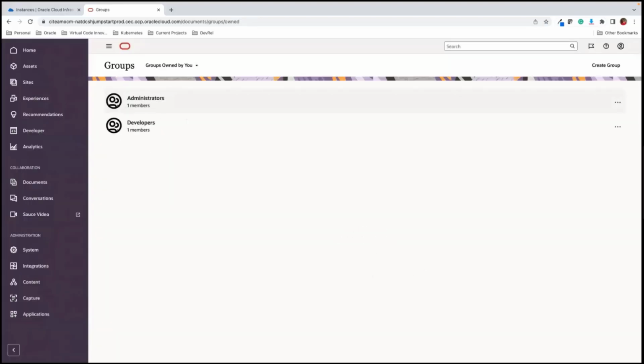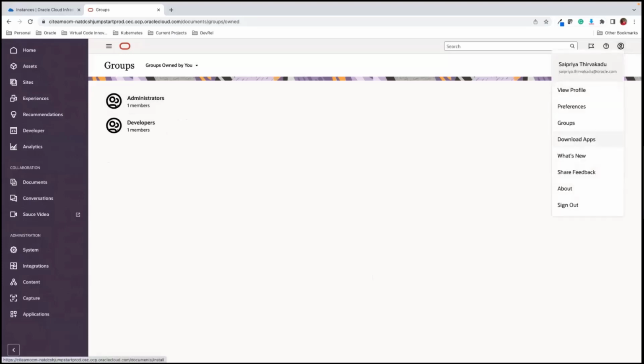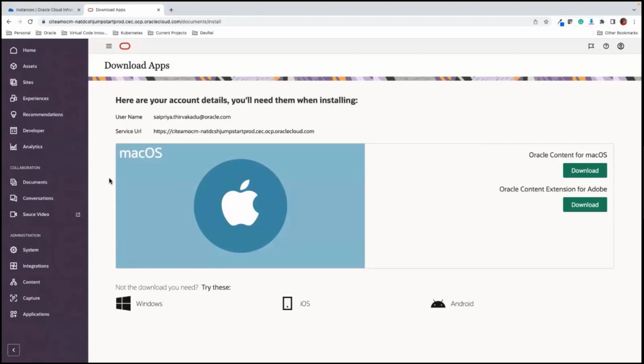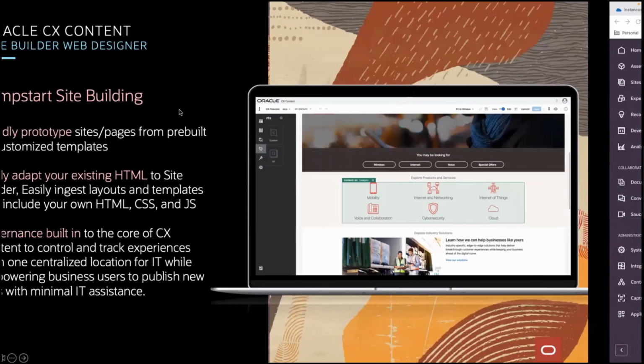So now that we know about the groups, let's talk about the download apps section. Let's click on download apps. As I said, you can sync the documents from the content management into your local systems. The way you do it is you go to download apps and click on the download button. Currently I'm using Mac, so it automatically detected Mac. But if you're using Windows, iOS, or Android, you'll get a suggestion and you can click on the download button to download your Oracle content. Once you download it onto your local system and use this URL here, you will be able to see all of your documents getting synced into your local asset repository. So let me just